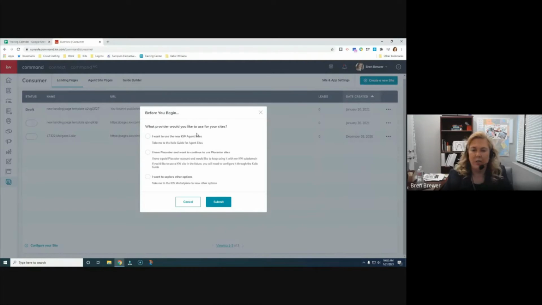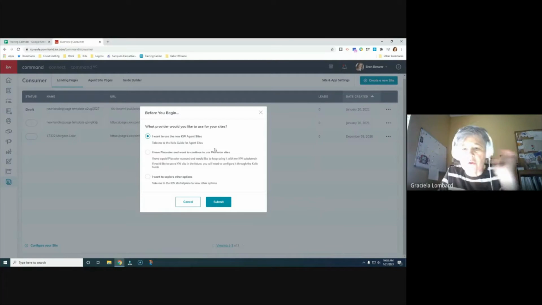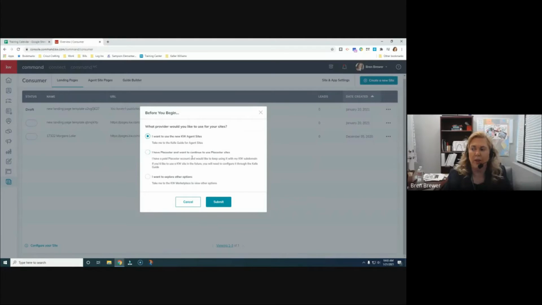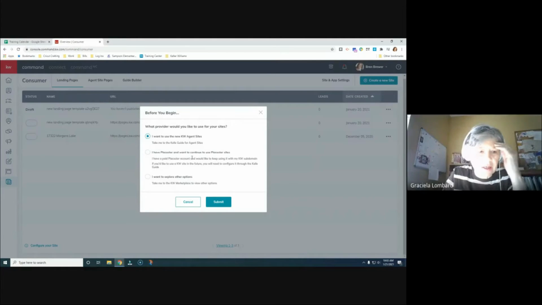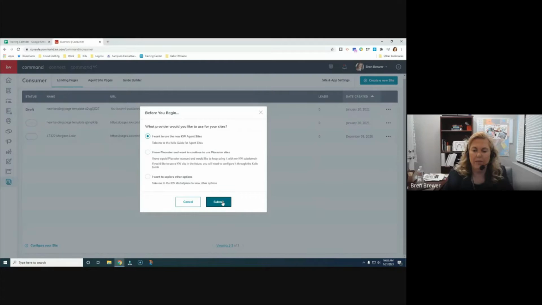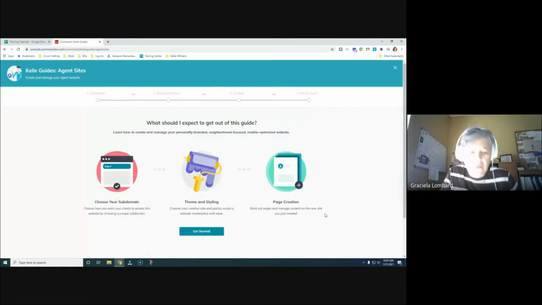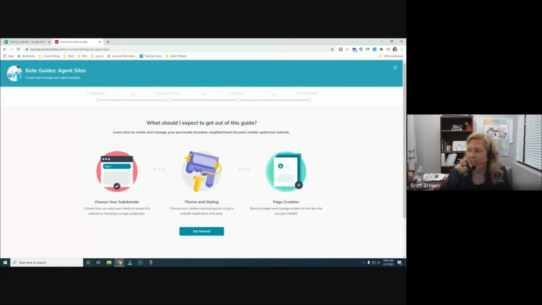And then this dialog box will pop up and it says, before you begin, what provider would you like to use for your site? And you want to click, I want to use the new KW agent site. So you've already set up your agent site? Yes, I have that, but I want to see if there's anything I have to change. All right. So then you click submit, and it pops you over to the Kelle guide for agent